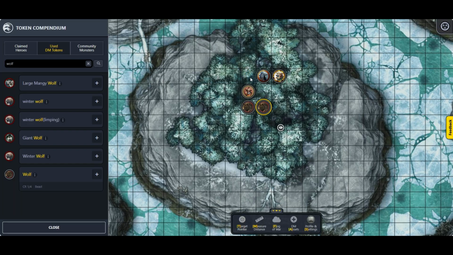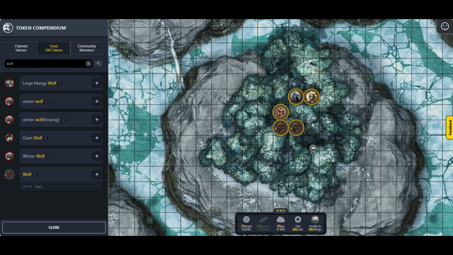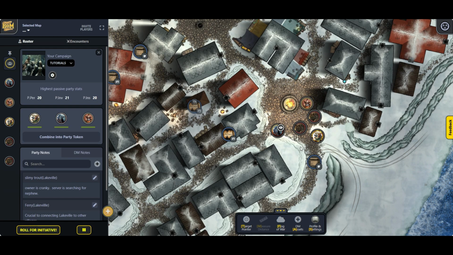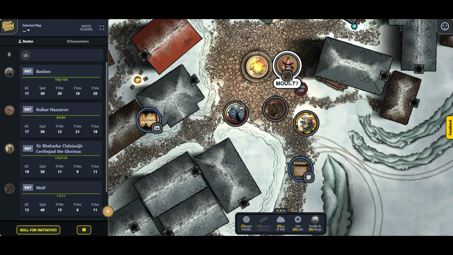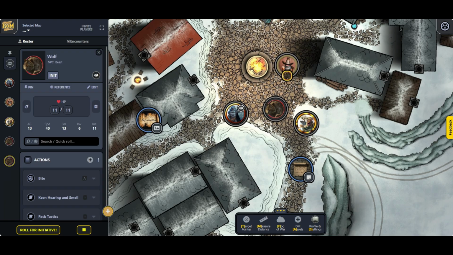Now, the problem can be if NPCs or monsters, if you change them on this map, they're not changed on the other map. So if you want to keep this group all together, let me just quick, I'm going to just delete all these guys. Delete. And then go back to town. So now what you can do is just use the mount feature. So these wolves are the wizard's familiars. So we're going to start hopping around different places now. I'm going to put them